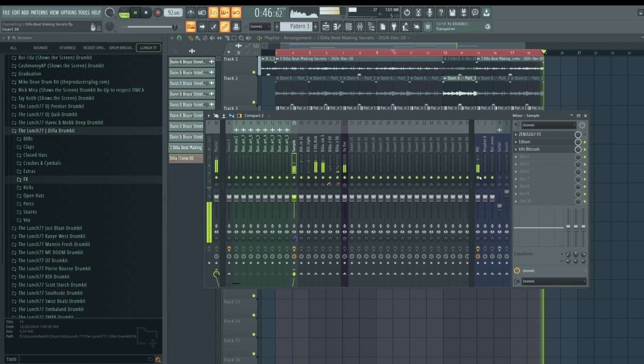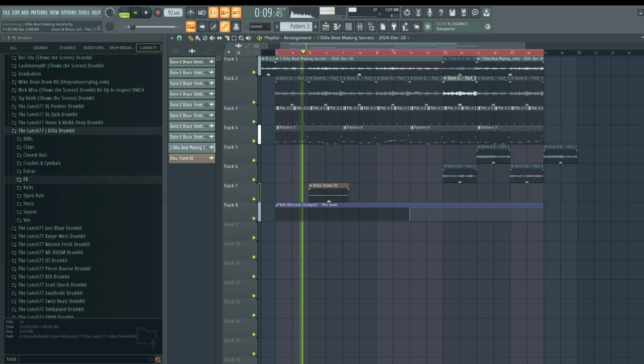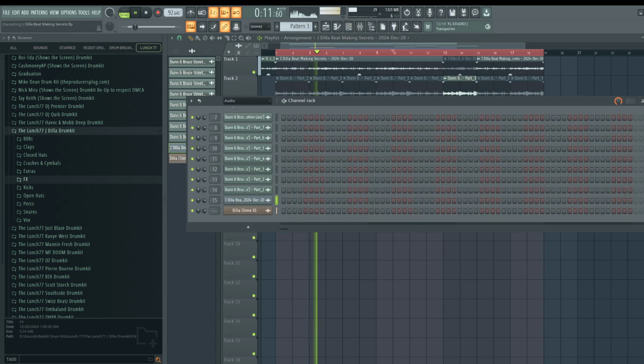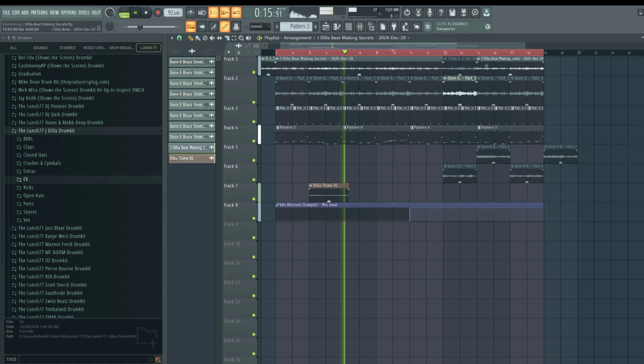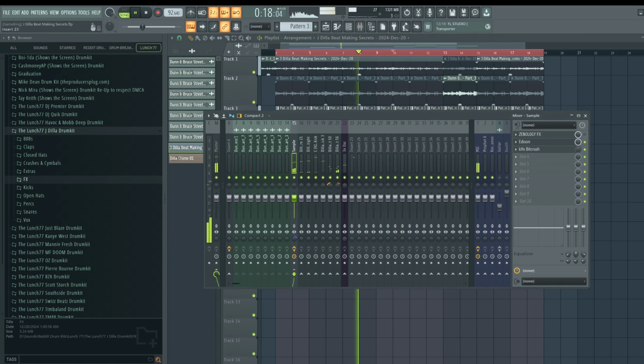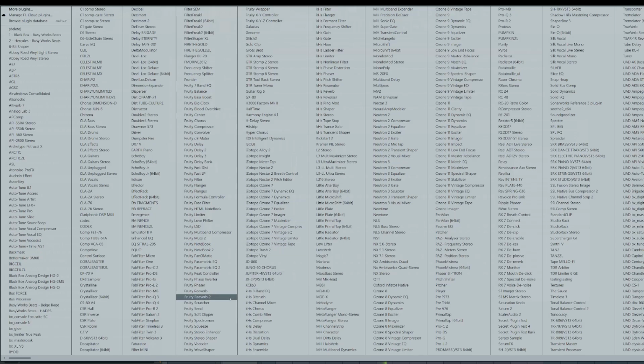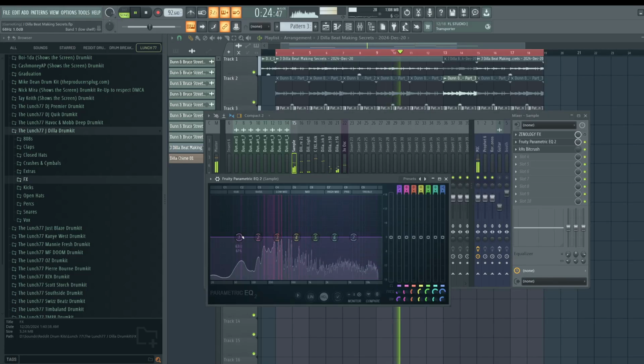Let's see if we can add some more effects to make the sample more unique sounding. I'm going to try to EQ the sample too because I don't want the bass to clash. But we might lose the life out of the sample, but let's just see. So still good.